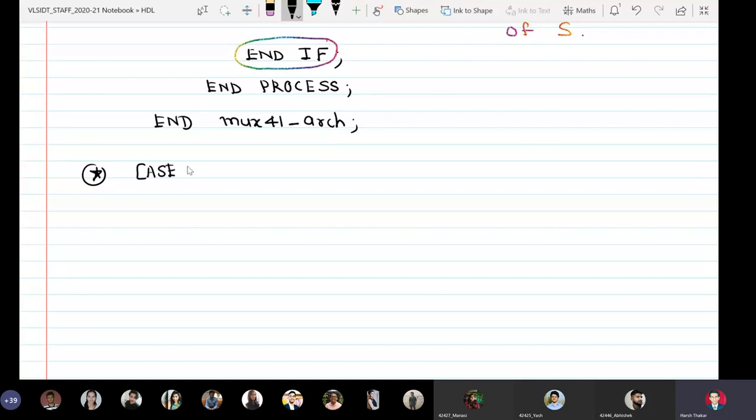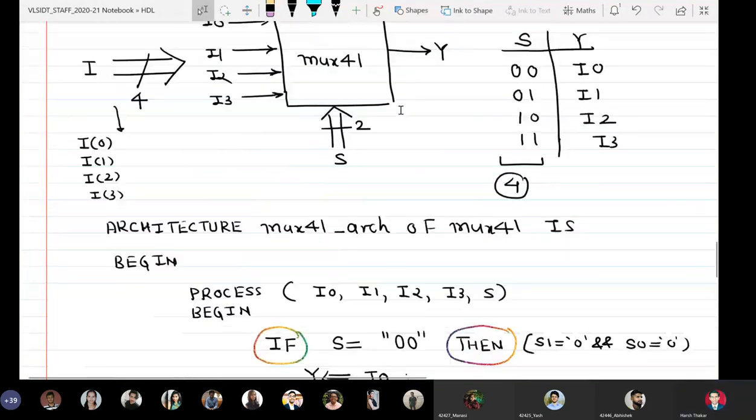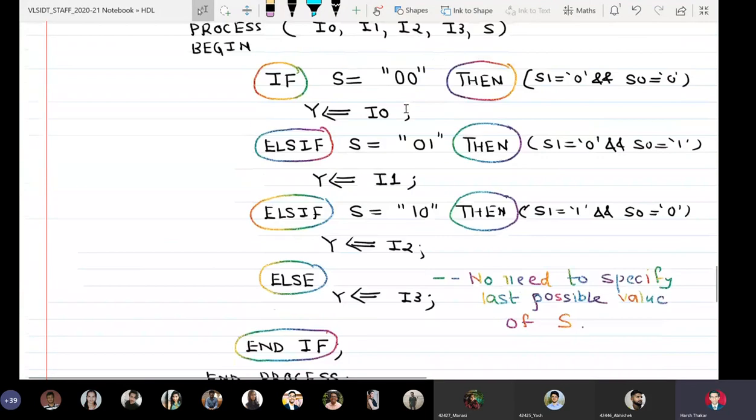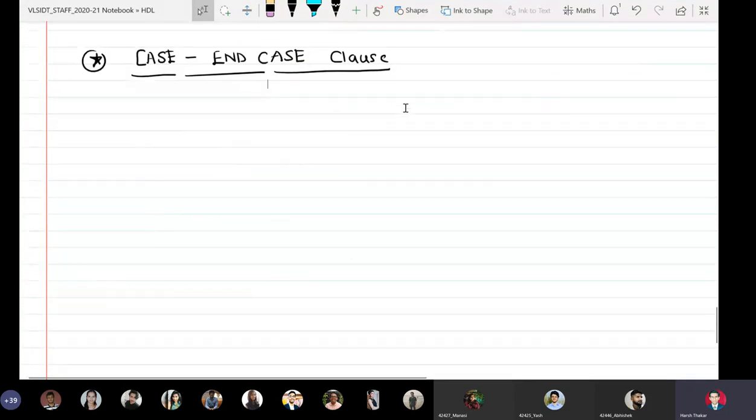Case and case clause. Okay, so we will use the same example of 4:1 multiplexer here, and we will write the architecture. So we will write the same behavior which is there in front of you, but using the case and case clause. Okay,